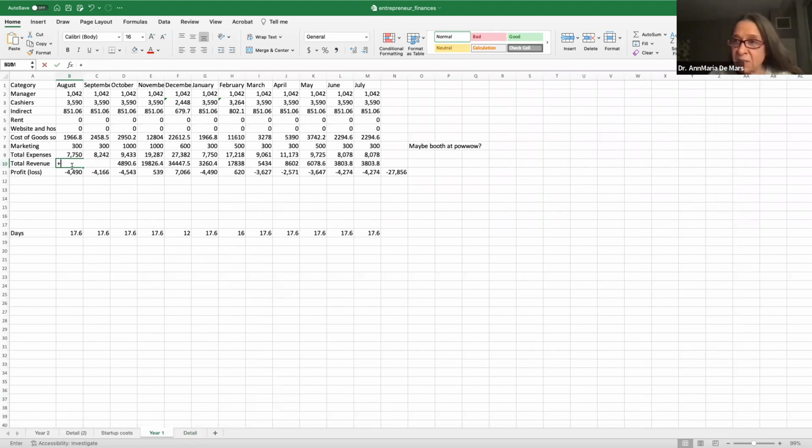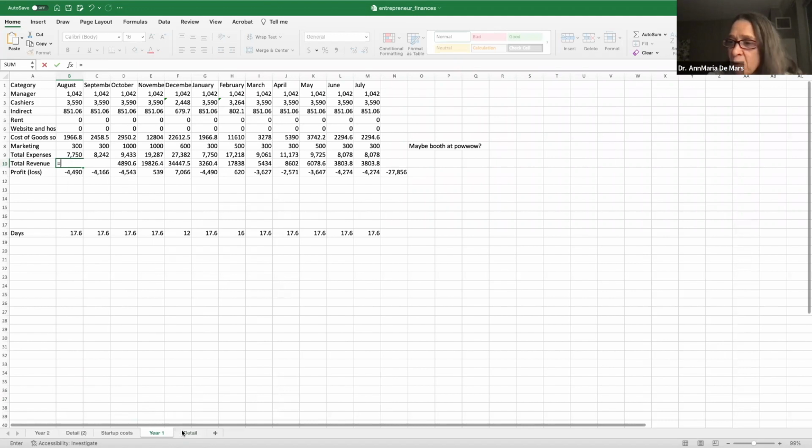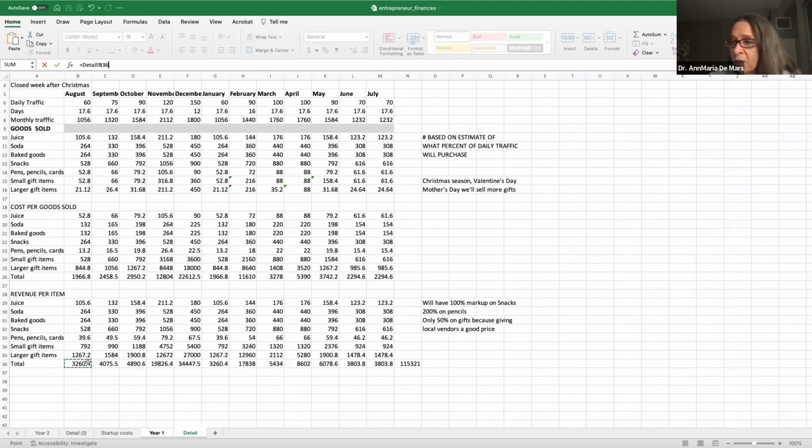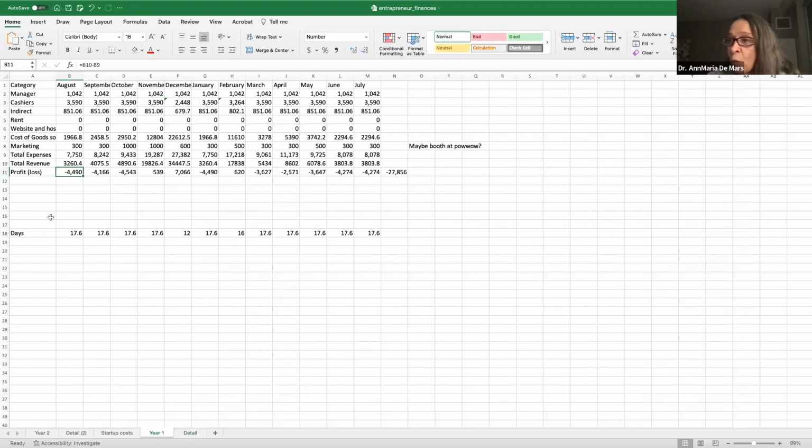So now that I've got the revenue, I can go back and there's my revenue. It equals... Anytime you put an equal sign, Excel is expecting a formula. Now the formula could be just as simple as, it equals this. So what you'll see here is now I went through all of this and I found out that we're losing money every month except November, December, and February. And then if I want to see how much total did we lose,